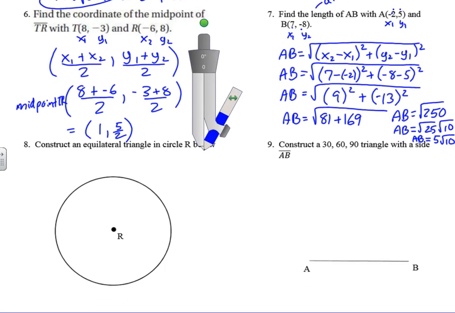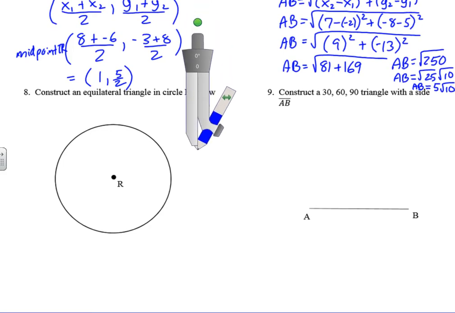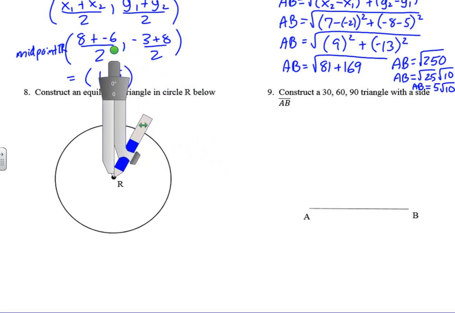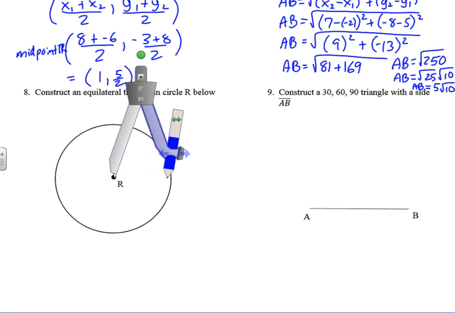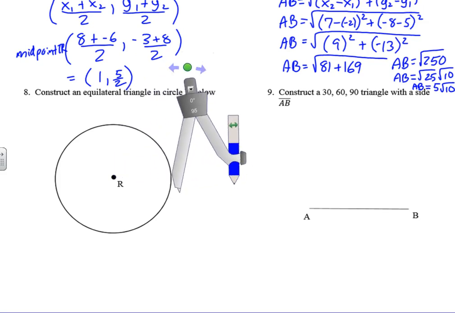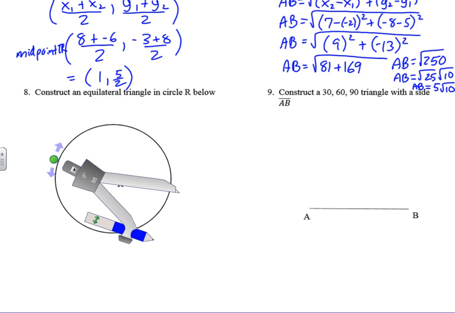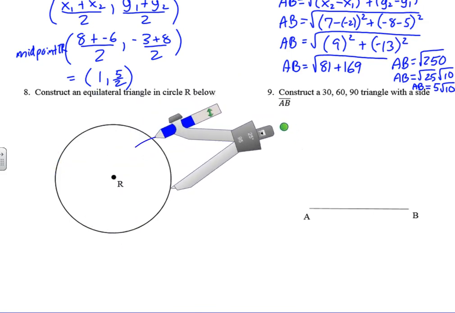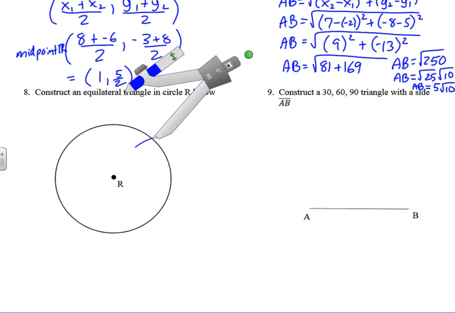All right, now we're going to get into some constructions. All right, construct an equilateral triangle and circle R below. So this construction was one that we didn't do in the notes. It was one that we did on a problem set, and when we did that problem set, I just had you come up and we did it together. Okay, the way that you do it is you measure out the radius of your circle. Okay, and then you come over and you pick a point anywhere, it doesn't really matter where, and you start on your circle, and what you're going to do is you're going to go up and you're going to move your compass around,